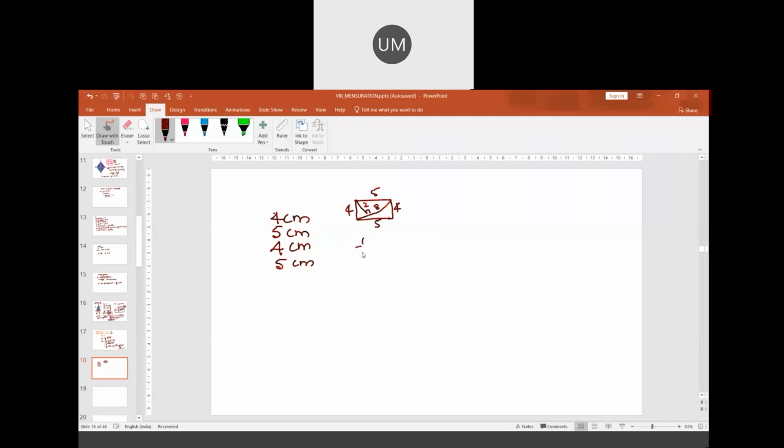You can use half base into height plus. Sir, why can't we make two triangles there? I am making the two triangles. One of the triangles is this. For this triangle, I am using half base into height. For one more triangle, I am using the area of triangle formula, root of s into s minus a into s minus b into s minus c.